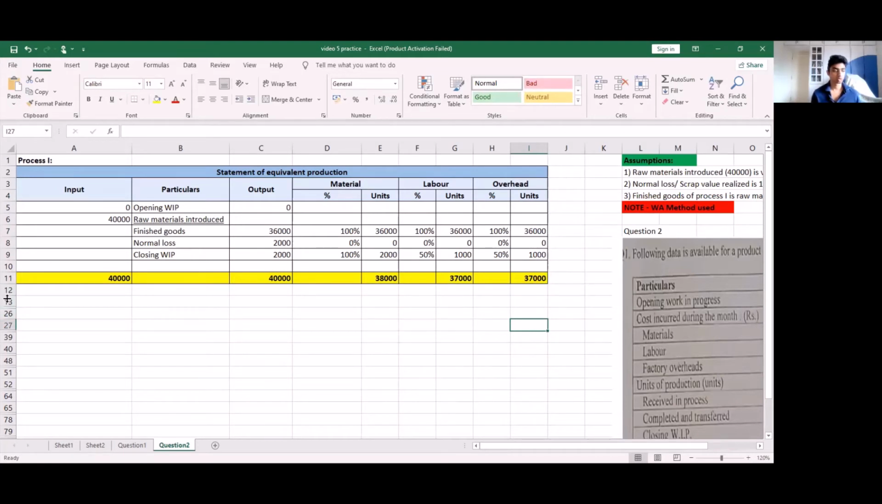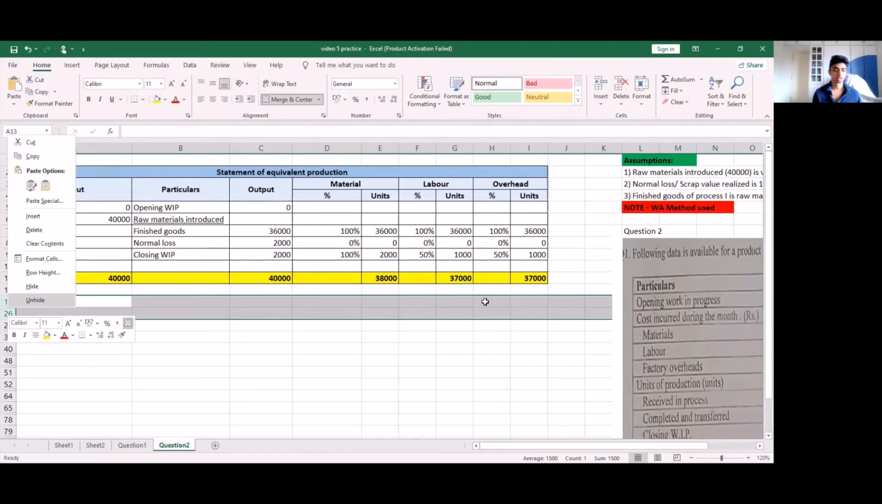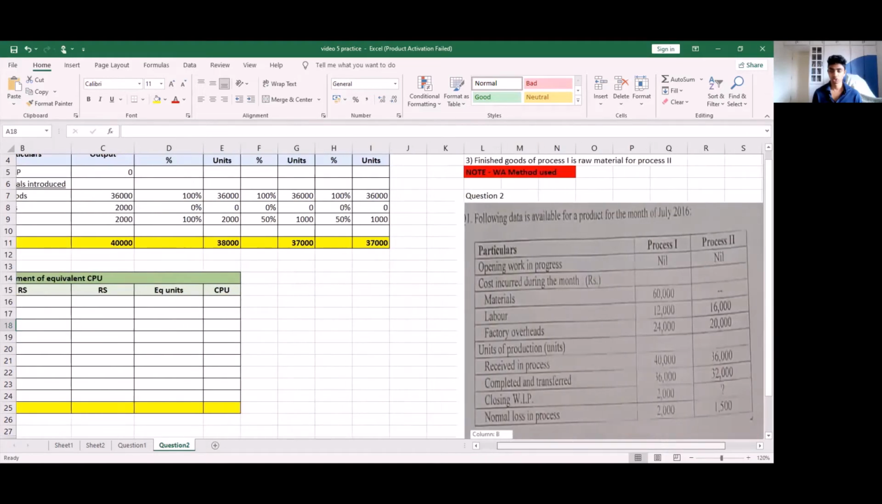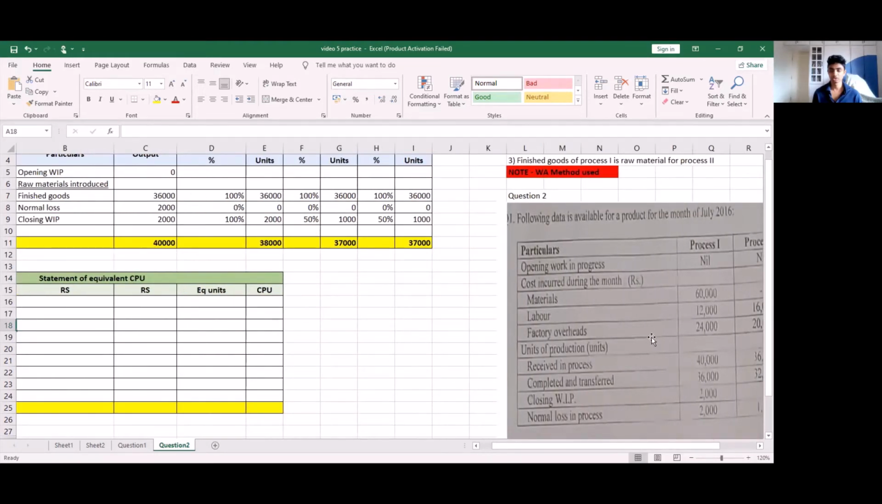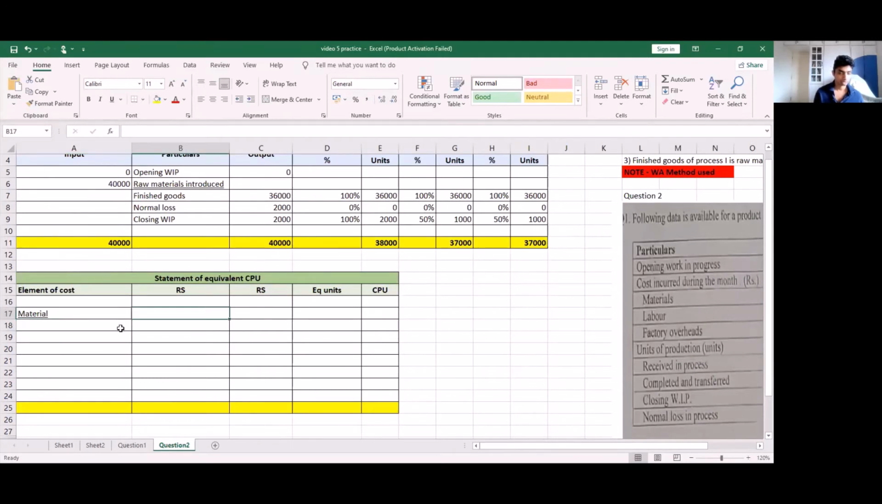If this is clear, let's go on to our second account, which is our statement of equivalent cost per unit. So here we first have materials. Unlike our first question, our opening work in progress is 0. So we have no opening value for materials, labor, and overheads. So we will simply write our costs given in our question, which is materials 60,000, labor 12,000, and factory overheads 24,000. So first for materials, we will write our material cost